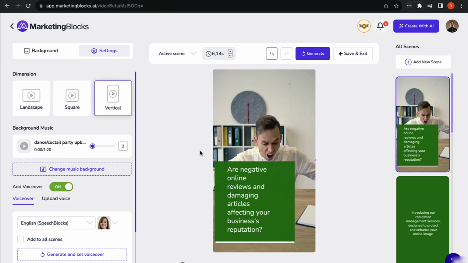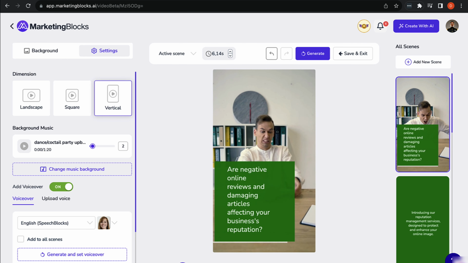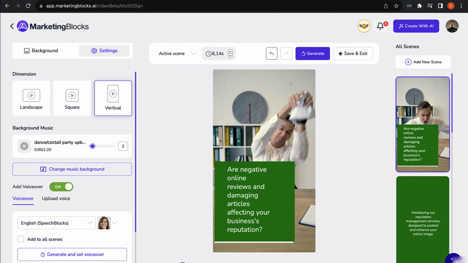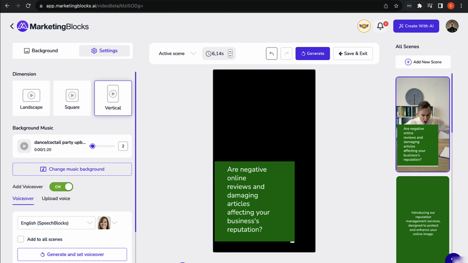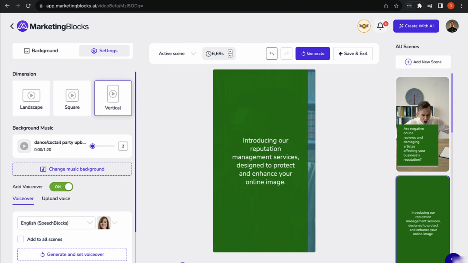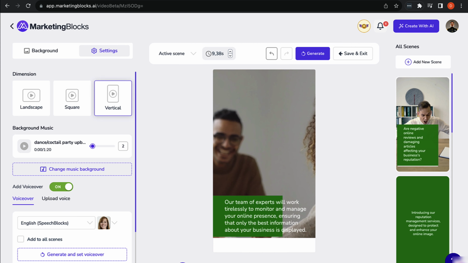All right, so now let us see how the video comes together. So I'll just play a bit of it and then we can go ahead to click the generate button. Are negative online reviews and damaging articles affecting your business's reputation? Introducing our reputation management services, designed to protect and enhance your online image. Our team of experts will work tirelessly to monitor and manage your Alright, so as you can see, the video